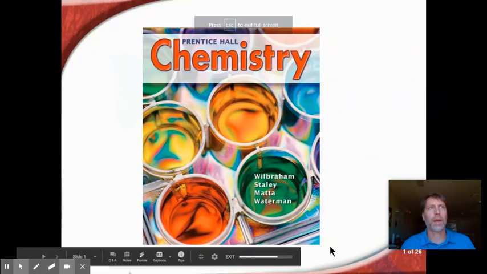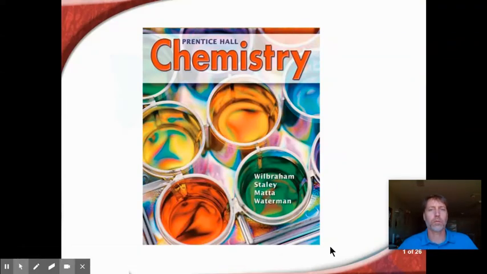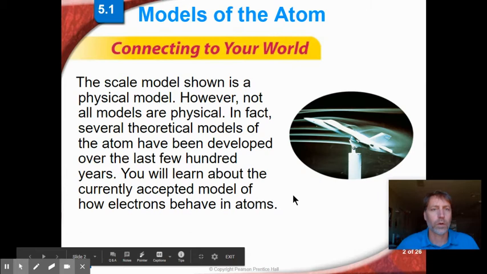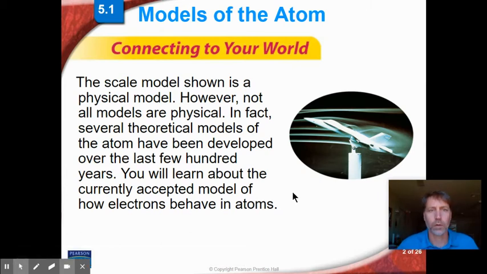Hi, students. Welcome back to Chapter 5 of your chemistry class. What we're going to talk about today is the different models of the atom, in particular, the quantum model